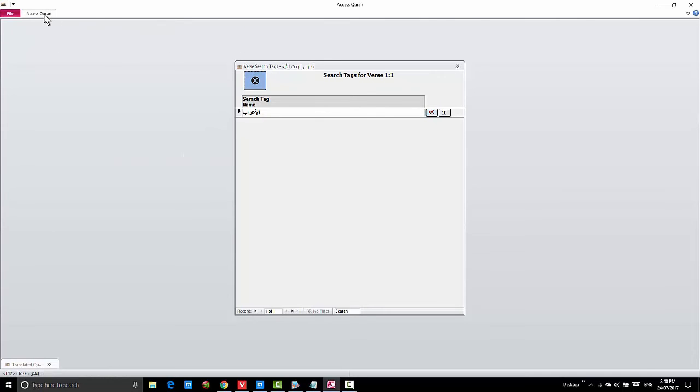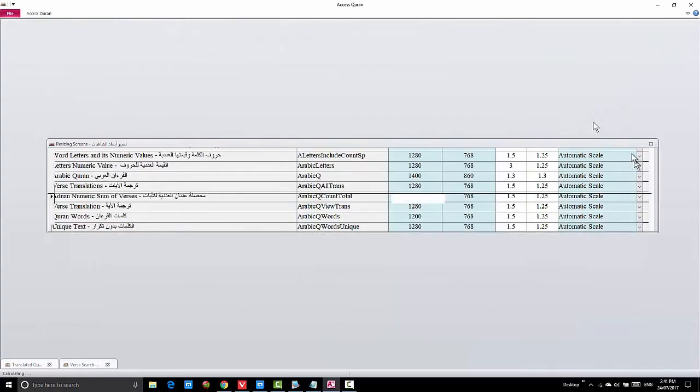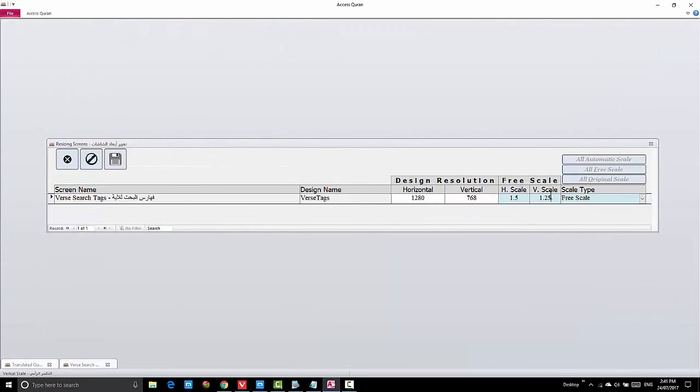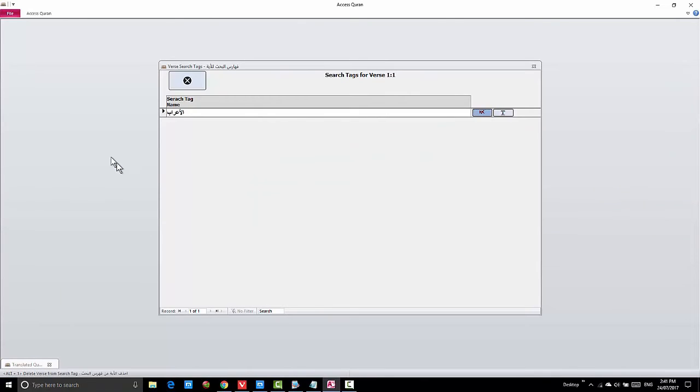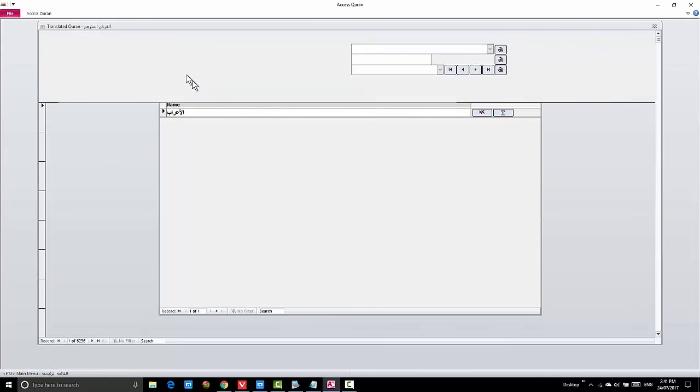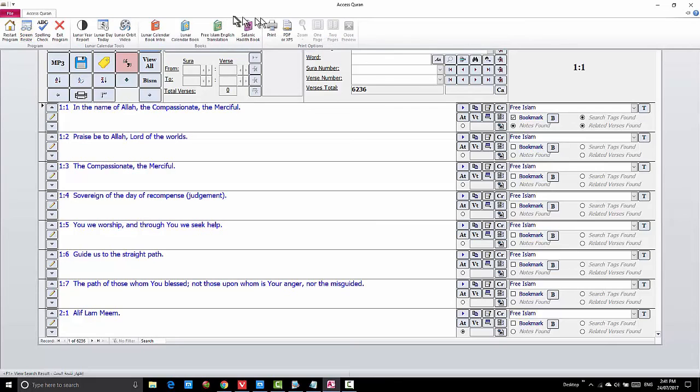The free scale was very close to the automatic scale. So if I make it horizontal scale 2.5, which is the maximum, okay, so save it. As you can see now, straight away it resizes for you. But for any screen that you open from the ribbon, you get a message to close and open the screen again to be resized. Okay, so